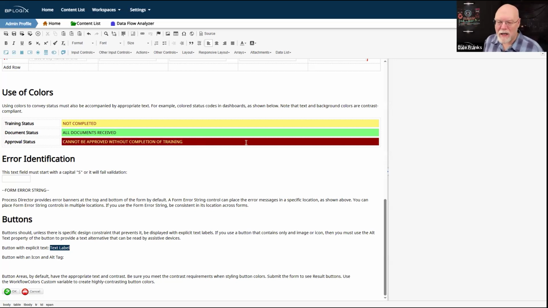The red does need to be darker because yellow and the normal red color, FF0000, that normal bright red color, that bright cherry red, not quite enough contrast with yellow. So we have to go with a little lighter yellow and a little darker red. But again, we're enforcing that color contrast.